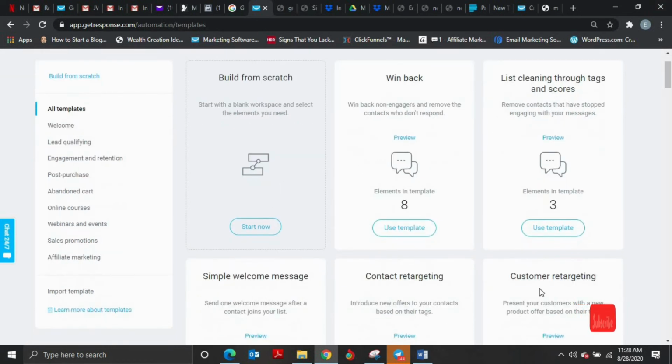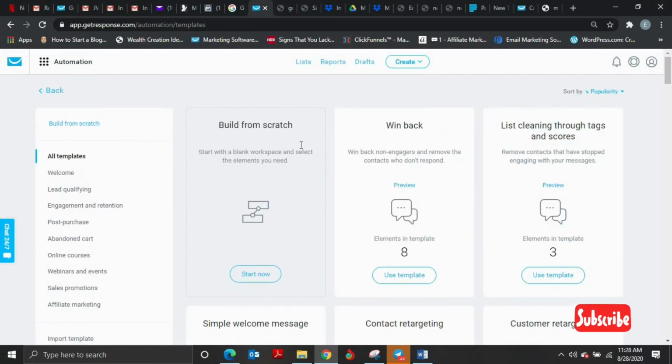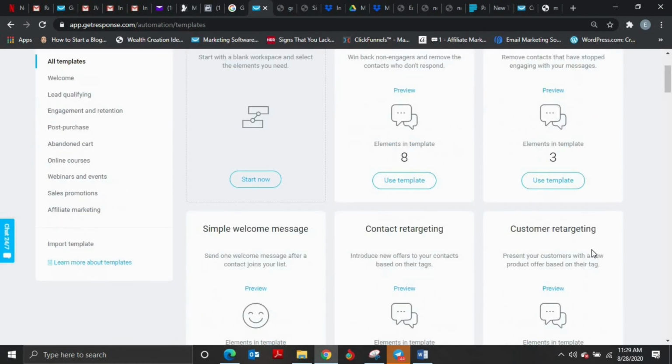Now you see there are different templates for you to choose if you want to build a new automation from scratch, or if you want to win back some old cold leads, people who you've not communicated with for some time. You can use automation to get them back in just 8 steps and get them fresh and remember your products or what you are about. List cleaning through tags and scores. Yes, your inactive subscribers, you want them to be removed from your list. You want to unsubscribe them from your list, so your list remains fresh and updated,